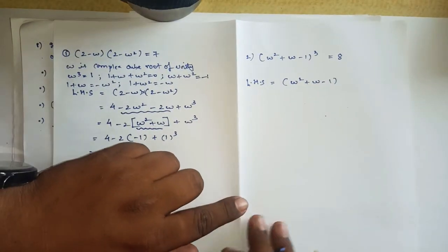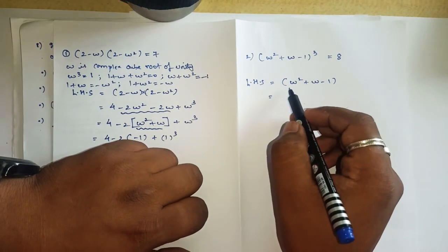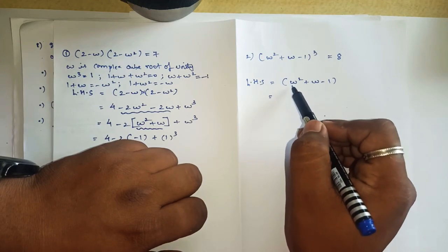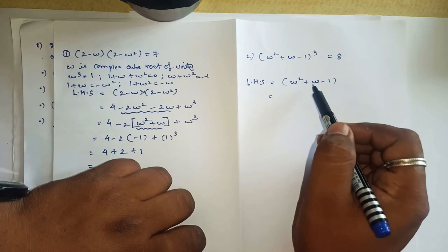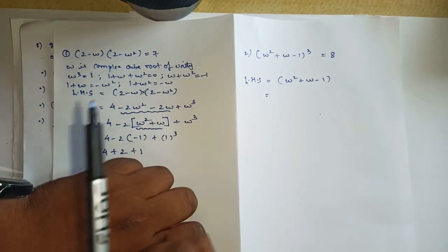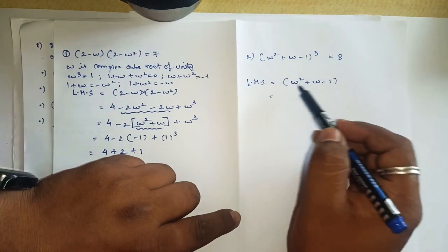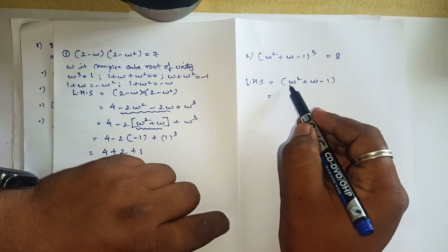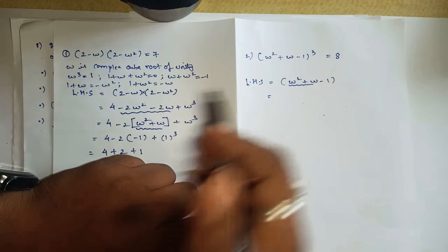Okay, so now first check, as now we can substitute the direct value for all these three terms. W square plus W minus 1. Can we see a direct formula for W square plus W minus 1 anywhere in the formula section? No. So if you cannot apply the direct formula for all the three terms, then what I told, you can consider two terms and check whether we can apply the formula now.